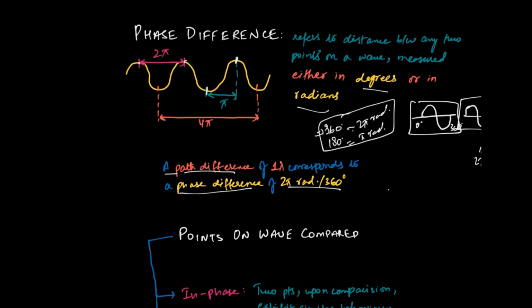So we know that one complete wave has a wavelength of 1 lambda, and one complete sine wave or cosine wave is produced in a 360-degree angle. So 1 lambda corresponds to 360 degrees of angle. So the path difference of 1 lambda is equal to the phase difference of 2 pi or 360 degrees. So moving on,